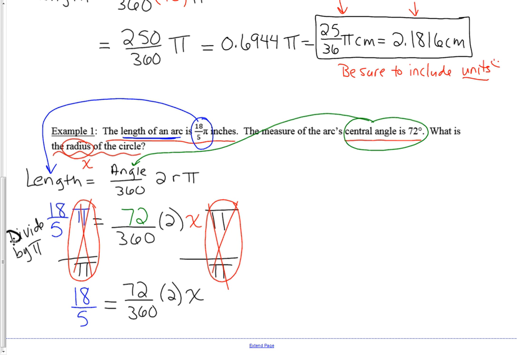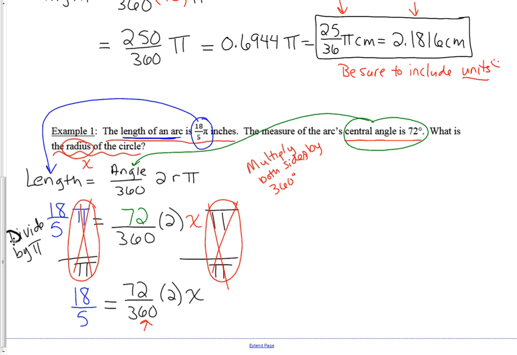take this and I'm going to multiply both sides by 360. I have this 360 down here on the bottom right here. So I'm going to go ahead and multiply both sides by 360. So I'm just going to write that down. Multiply both sides by 360. So when I multiply both sides by 360,